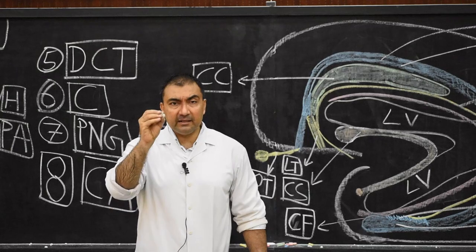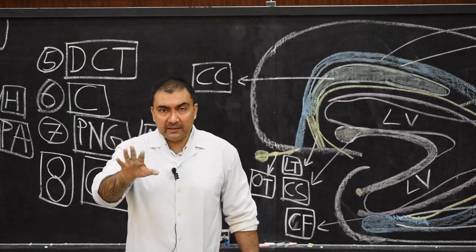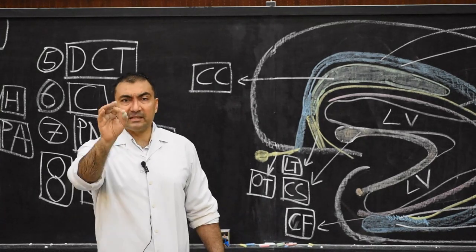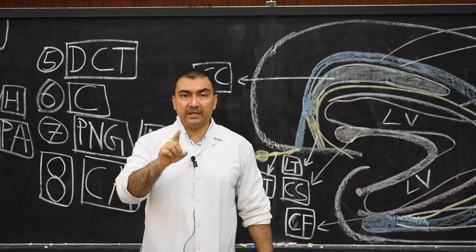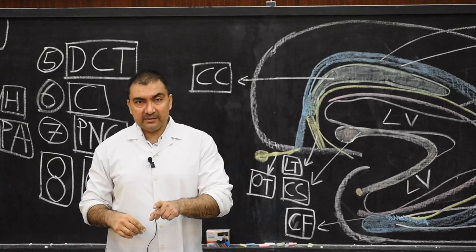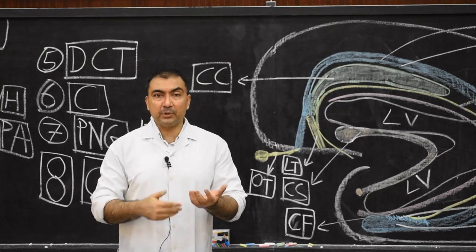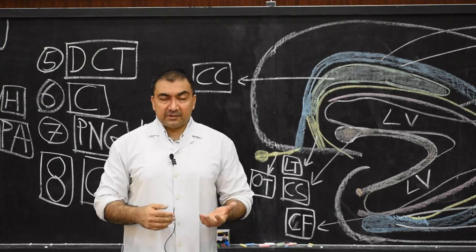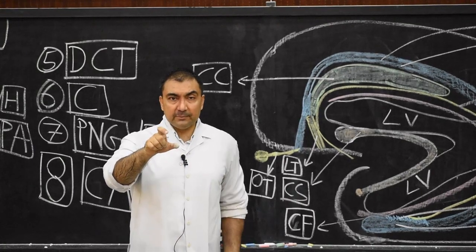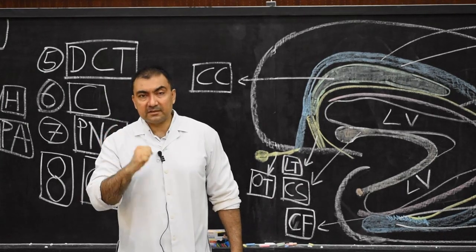And exactly what structures will develop from the paleopallium? This paleopallium will develop into the uncus and parahippocampal gyrus. Please note down, uncus and parahippocampal gyrus will develop in the paleopallium. We have seen uncus and parahippocampal gyrus during the demonstration of the sulci and gyri of the inferior surface of the temporal lobe, which I have discussed with you. So the same uncus and parahippocampal gyrus which we have seen during the demonstration, these two structures will develop in the paleopallium. And where are these structures lying?